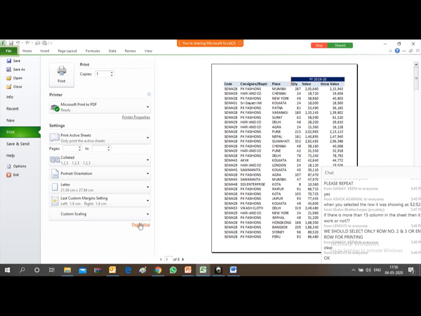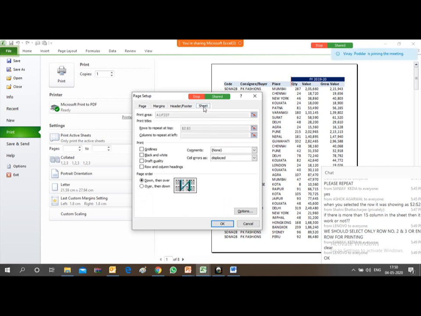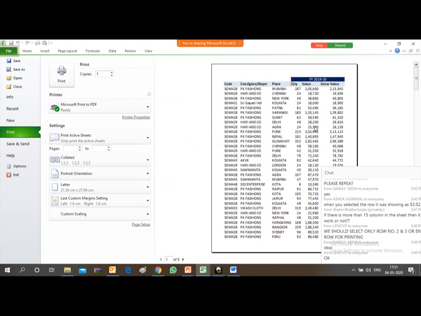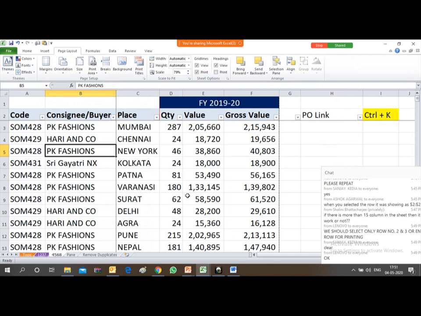But if you want to put a border of dotted lines, you go to page setup, go to sheet, and then tick the box of green lines and press OK. So all these dotted lines will appear in the printout. When you are taking a printout, they will appear, though these dotted lines are not there in your main sheet.